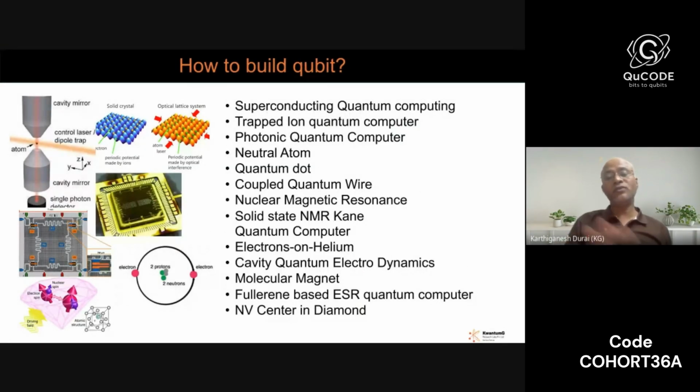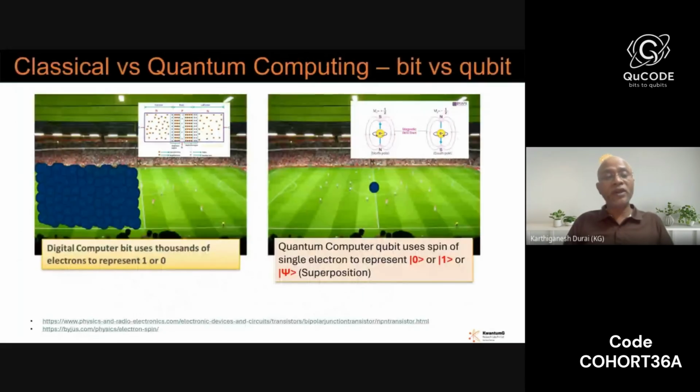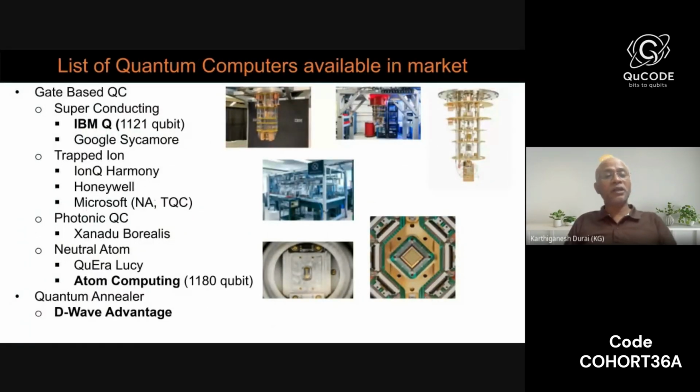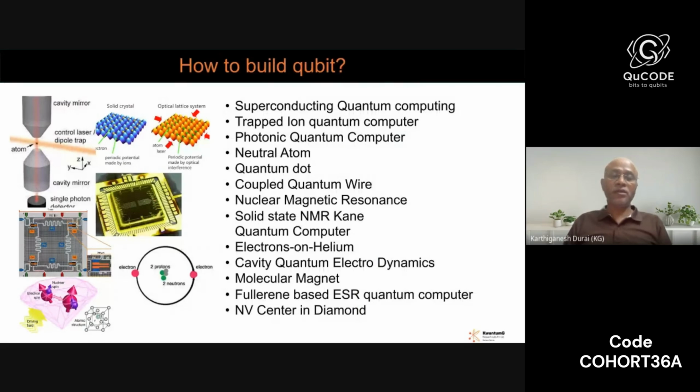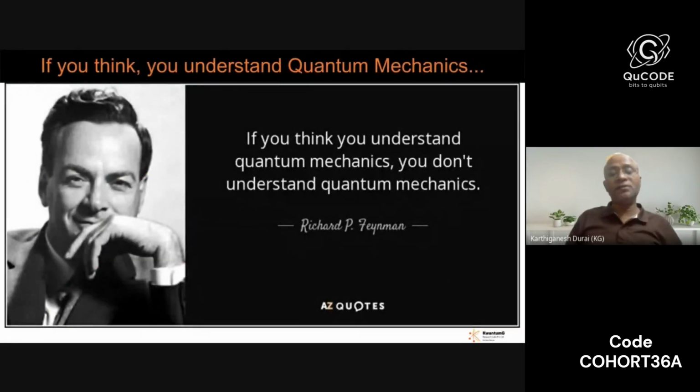And this one is very important. Not only these five types of computers: superconducting, trapped ion, photonic, neutral atom, quantum annealer. Not only these five, there are other platforms also. Scientists are researching, but as of now these are the ones matured. We are able to build systems, but in future we don't know. Maybe NV center in diamond may give you a room temperature photonic quantum computer. Then this one is very interesting, I will talk about it during the discussion.